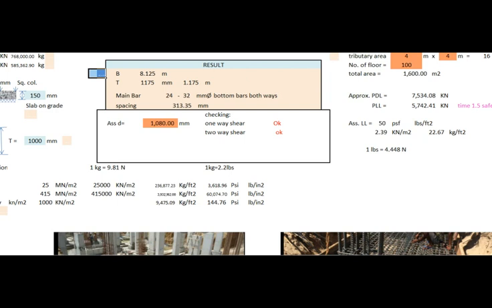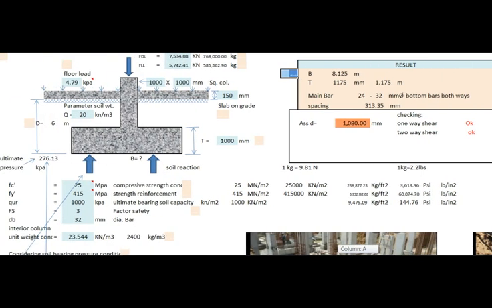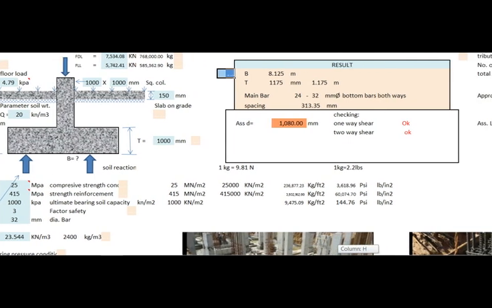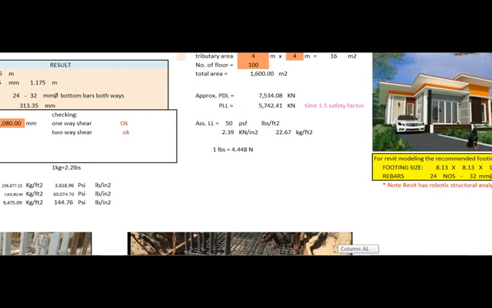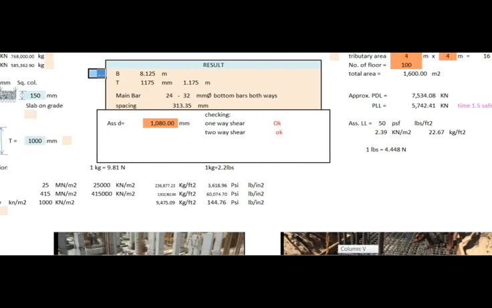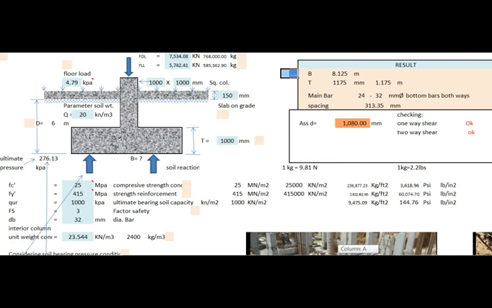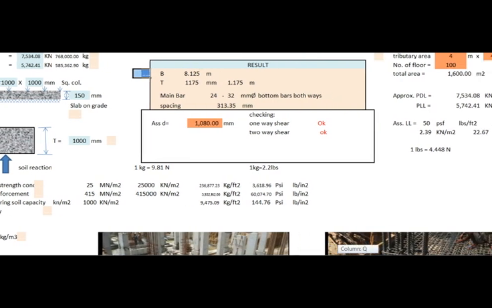If we try 100 floors with a load tributary of 4 meters by 4 meters, with assumed design parameters, the size of the square footing will be 8.125 meters and the depth is 1.175 meters. Check one-way shear is OK and check the two-way shear. The main bars are 24 numbers of 32 mm diameter bottom bars both ways with a spacing of 313.35 mm. If any are not sufficient to resist the loads,